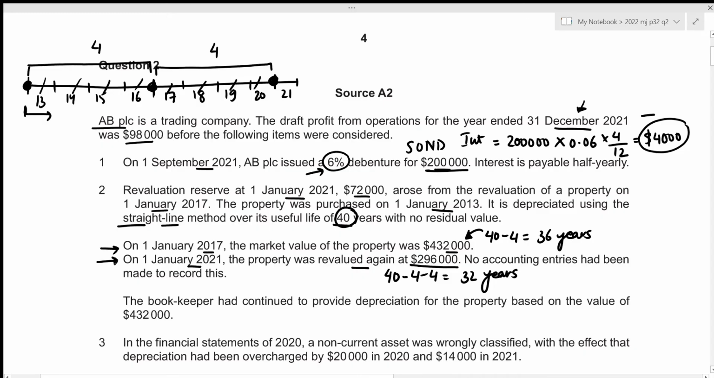And in cases of revaluation, we need to calculate whether there was a revaluation upwards or a revaluation downwards. So at the date of 1st January 2021, the new revalued amount is 296,000 and we need to compare it with the previous value. And here we can see that on the date of 1st January 2017, the market value is given to be 432,000. So right here, the value is 432,000. So in order to figure out its corresponding value at the date of 1st January 2021, we just need to subtract the depreciation charges for these 4 years, right? So let's figure out the depreciation charge